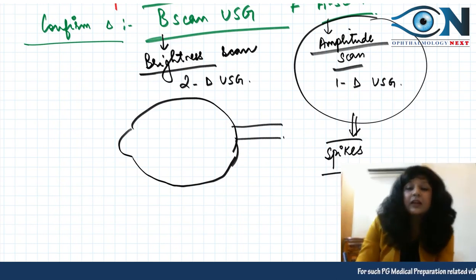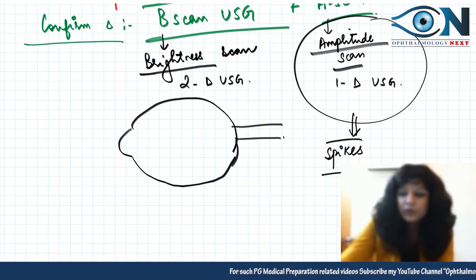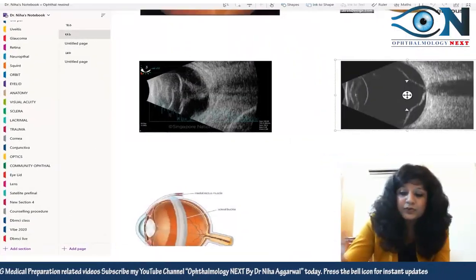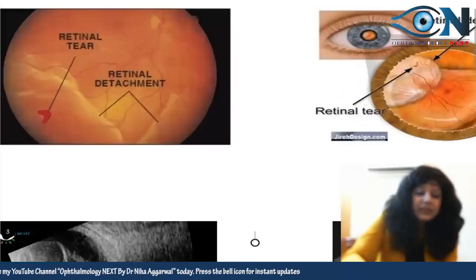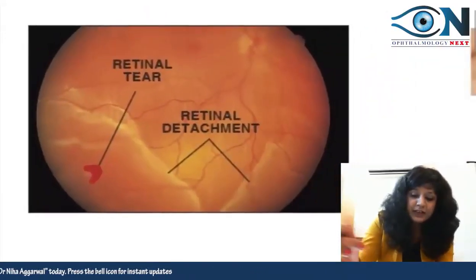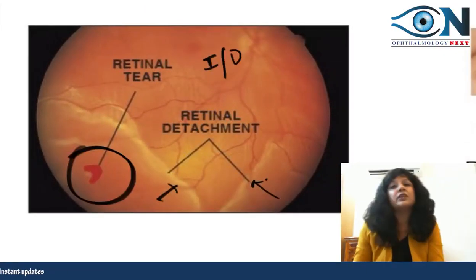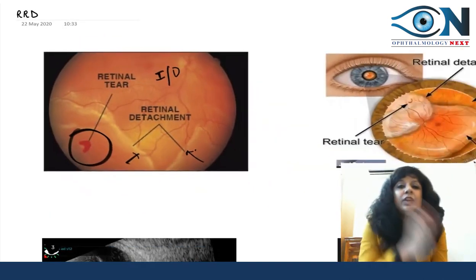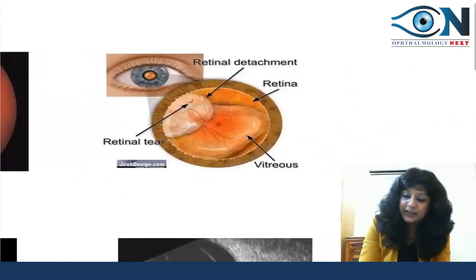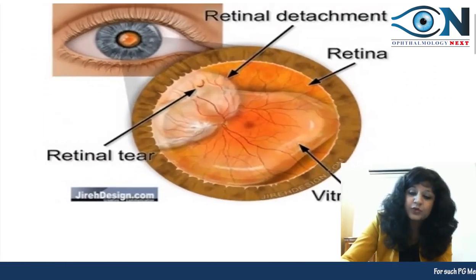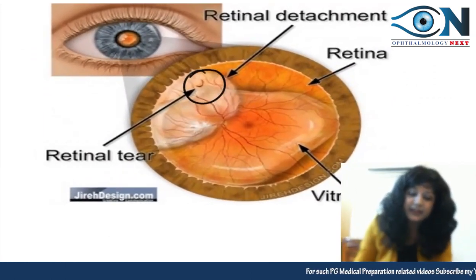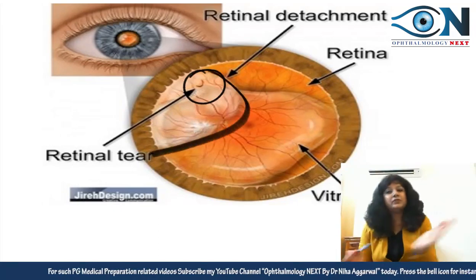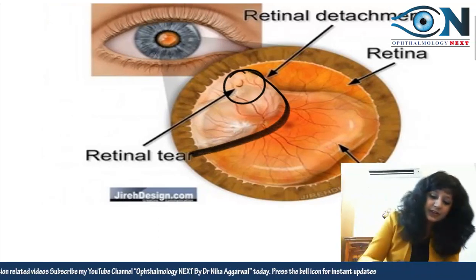So how will it help? Let me show you how it actually helps. Now see here. This is the first thing that you are going to see in the retina. Now we are able to do the ultrasound. This was another case here. This was also one case where we could see the retinal tear here, and this is the area where we have detachment, and the red reflex is not present here, right?